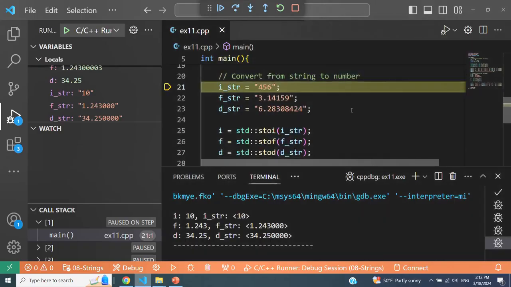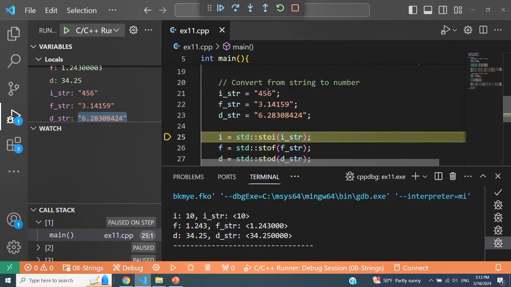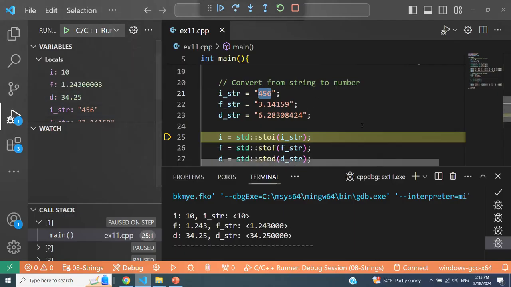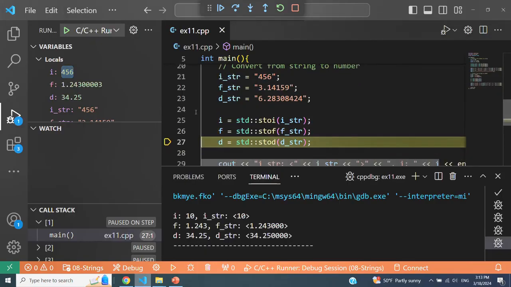And in the reverse, you could also convert from a string into a number using stoi. So stoi is going to convert this into an integer. That means i would now be 456 after I call stoi. And I can call stof to convert this string into a floating point number. So the floating point number would be 1159.